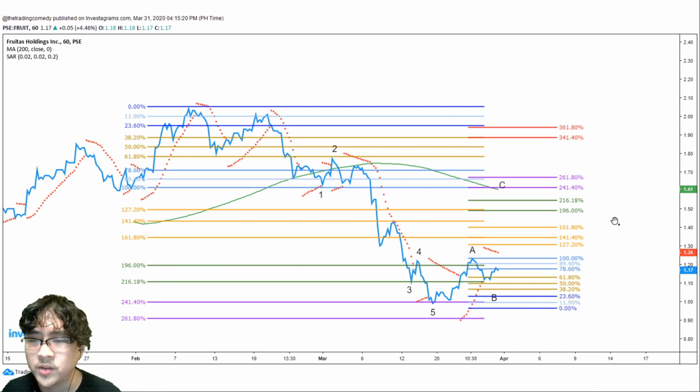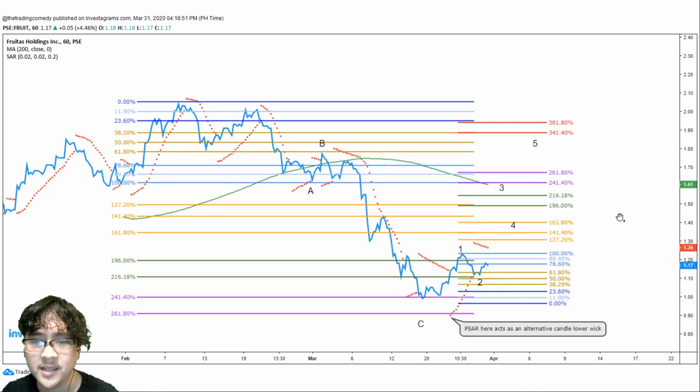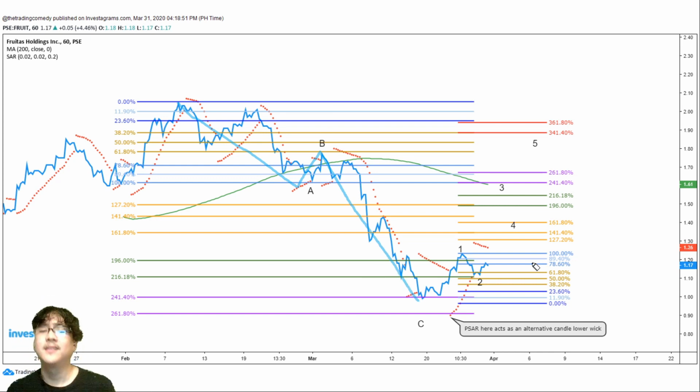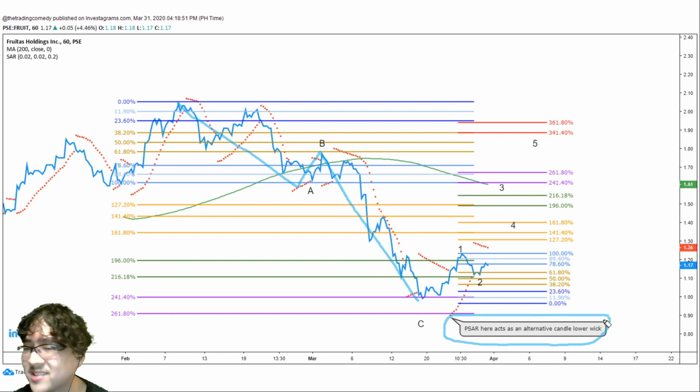So here's the next one. Here's the alternate count, and you'll be surprised. See? ABC. You could count it like this as well. Okay, if you remembered our código, no? We had a código dun sa lazy Elliott retracement natin. So this is the corrective, the deep correction. Okay? As you can see here dito sa note ko rin, we see that SAR here actually acts as an